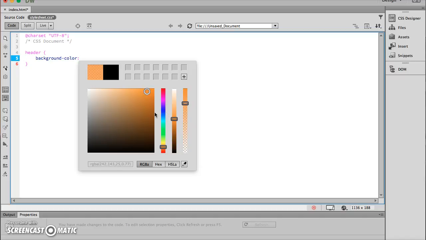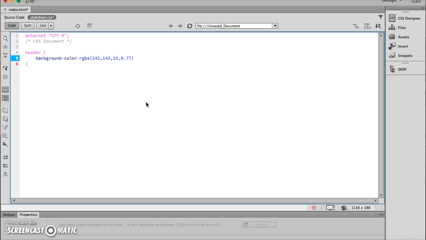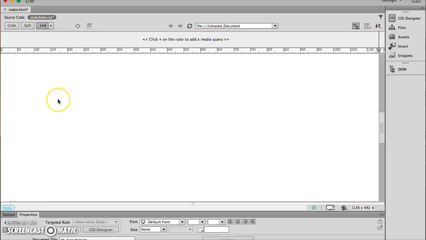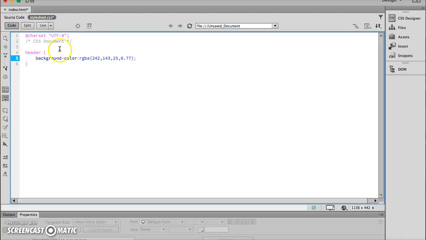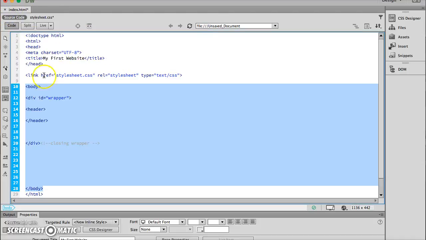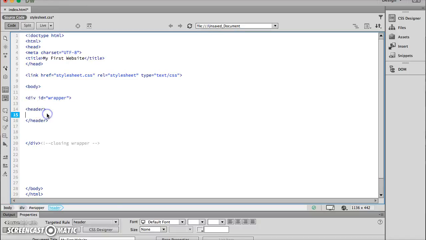So let's just choose a nice orange, hit enter, and note you must put a semicolon at the end of your CSS file to ensure that it closes this element. So if you go onto your live, you should see that it appears, but if it doesn't, what you might actually need to do, go into your source code and